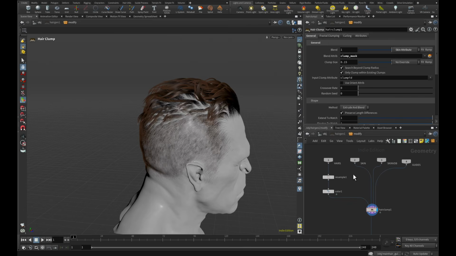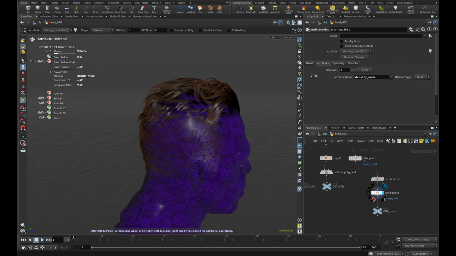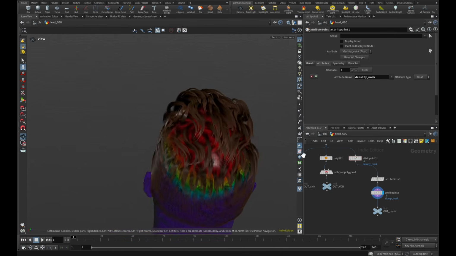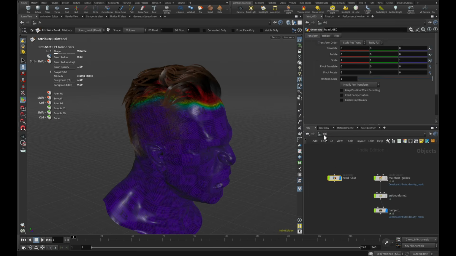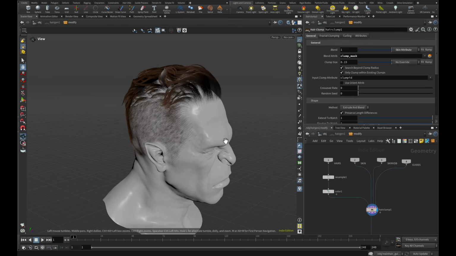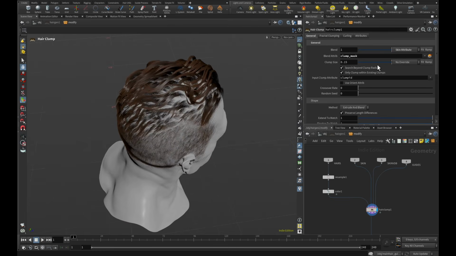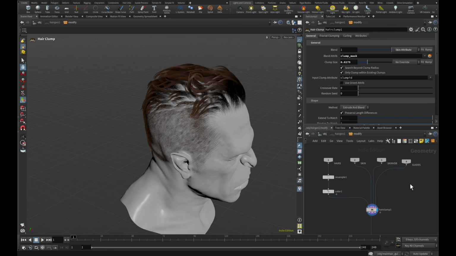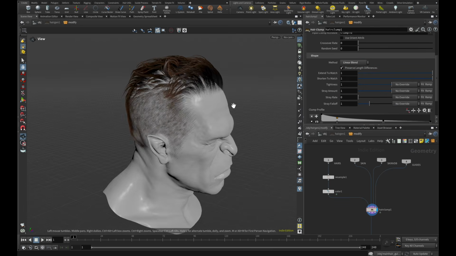So I have actually made a mask for where I want the clump to go. And now we can tweak the clump size in here. Oh wait, it's being driven by the guide, so yeah, it doesn't affect the size there. So what we want to do is to play around with this,